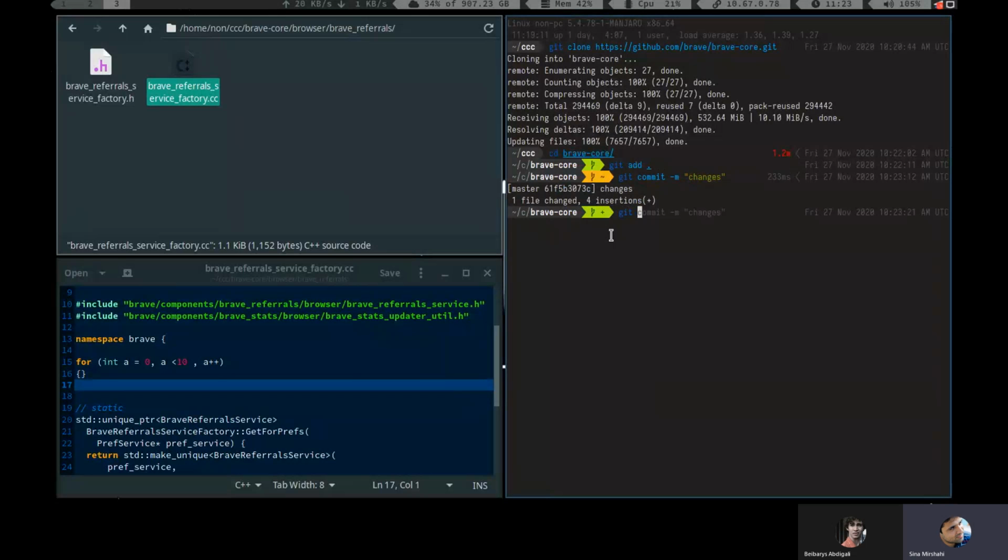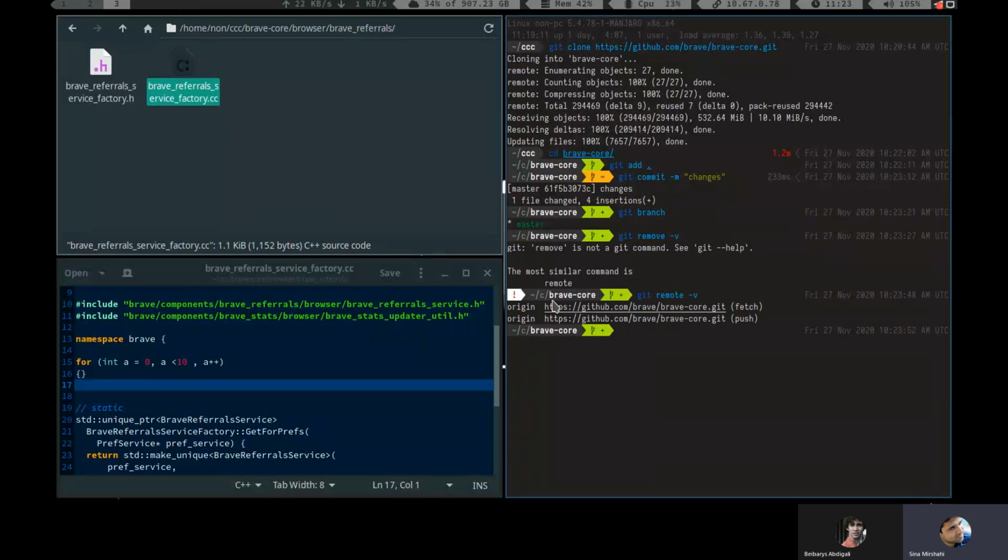Now let's see what my branch name is. git branch. I'm on master. So if I write git push dash u to their branch, I don't know what their branch name is, but for example, origin. Let me see, git remote dash v, what is the name? Oh, again, I wrote git remote dash v. You see, its name is origin. Okay, so I will put git push dash u